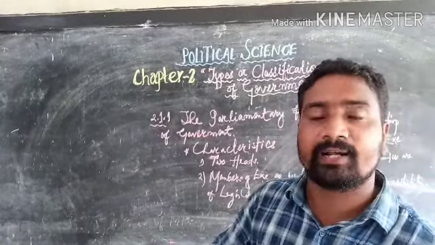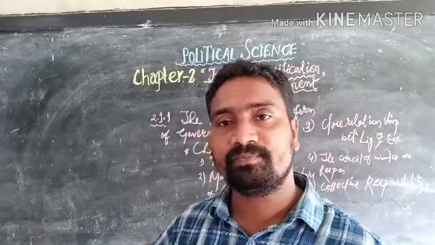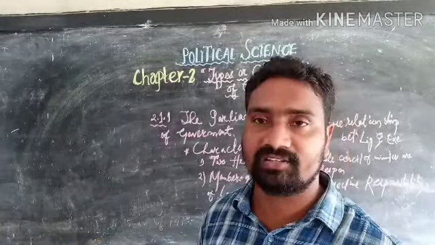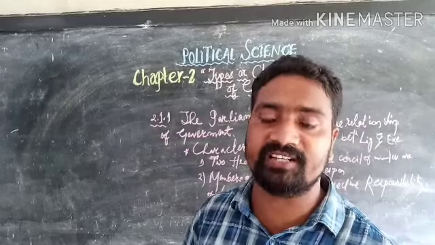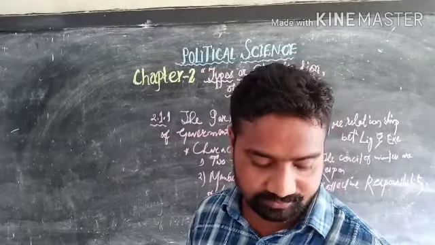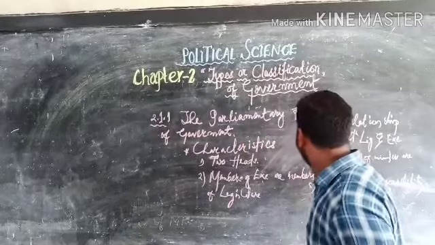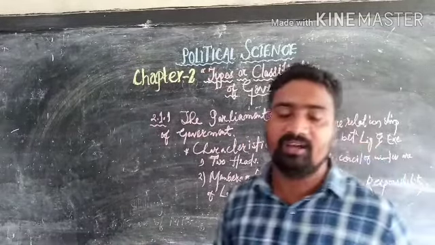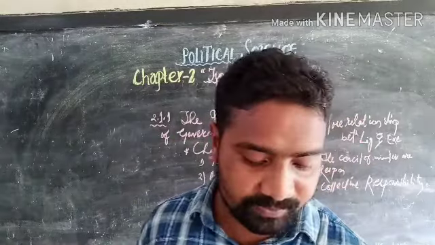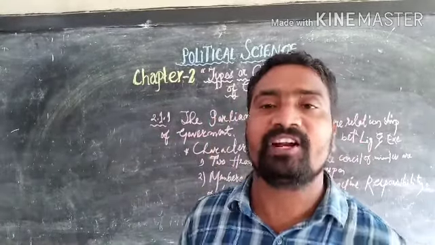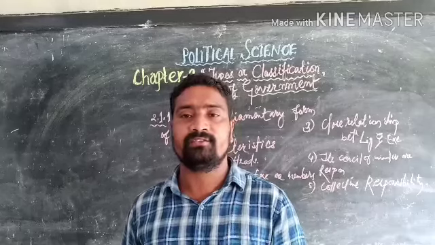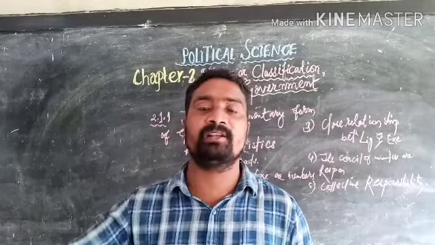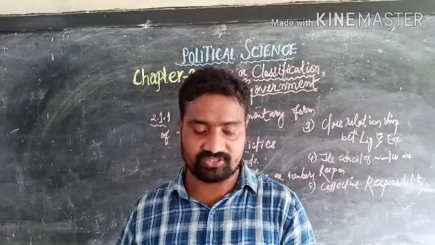Legislature cannot be away from the executive, and executive cannot be away from the legislature. They have to always maintain close relationship. And then the fourth one is the Council of Ministers are responsible. For whom? They are responsible to the legislature. For every act, for every work they do, they are responsible before the legislature.